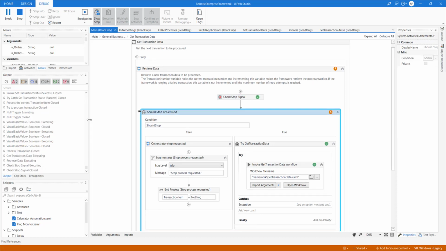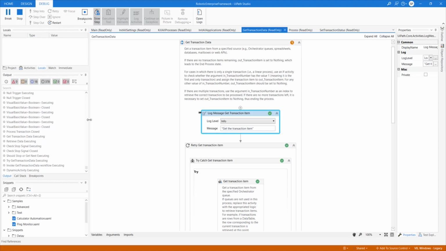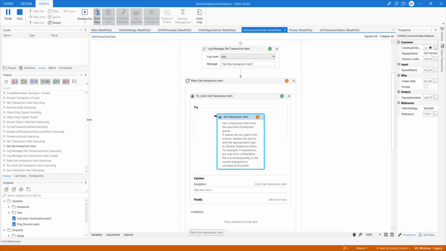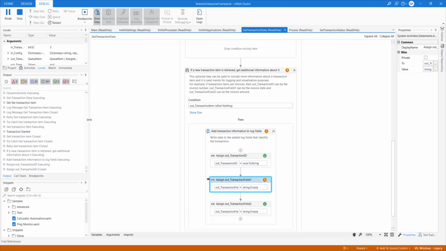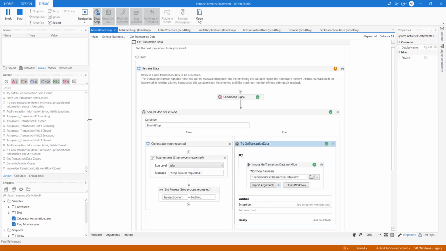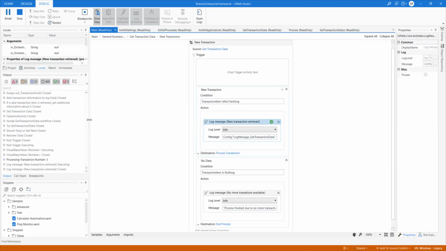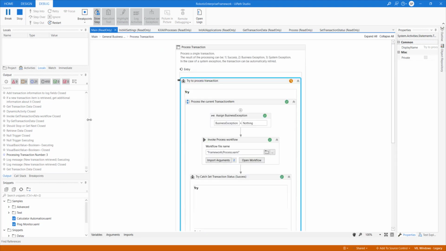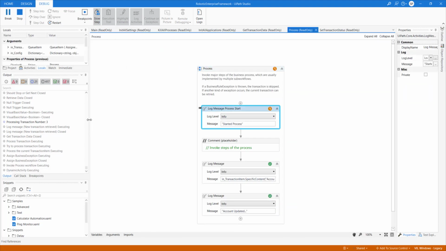okay, and then it will again come here and get the transaction data. There is data in the queue, so it will get a queue item, right? It will print these additional log messages, then it will go to the process transaction state, and it will process it.